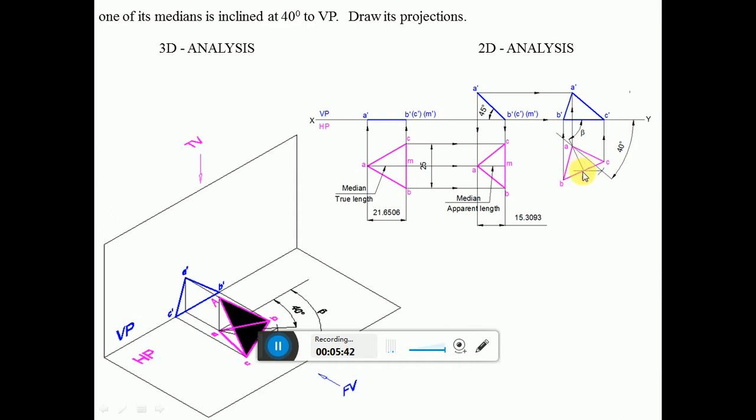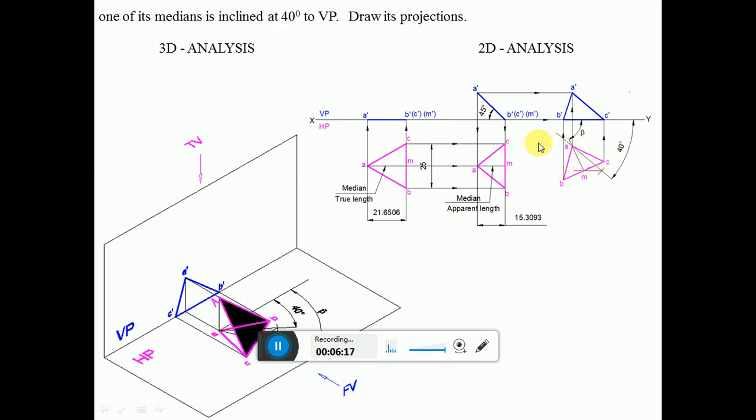So take the protractor and with M as center, you measure an angle of 90 degrees with respect to the inclined line AM, and then draw a line which is perpendicular to this AM and measure the length from M to C and M to B, both will be equal. So with M as center, cut an arc on this side and also cut an arc on this side. So we are rotating this in clockwise direction. So C will come on this side and B will come on this side. A is already there, we have this point. So join ABC to get this triangle.